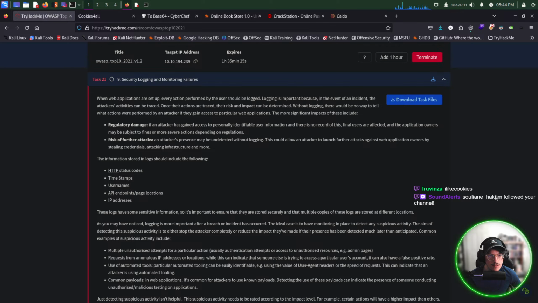Let's see. Okay, so number 9 of the OWASP Top 10 version 2021: Security logging and monitoring failures. When web applications are set up, every action performed by the user should be logged. Logging is important because, in the event of an incident, the attacker's activities can be traced. Once their actions are traced, their risk and impact can be determined. Without logging, there would be no way to tell what actions were performed by an attacker if they gain access